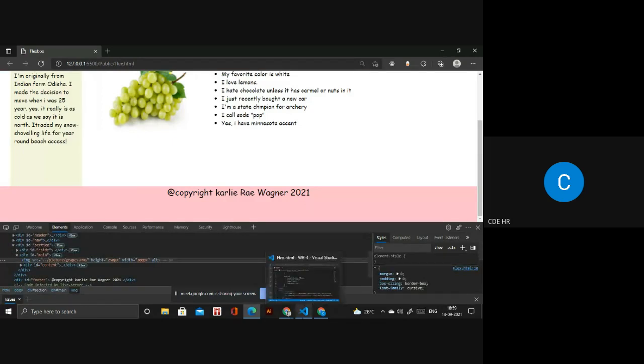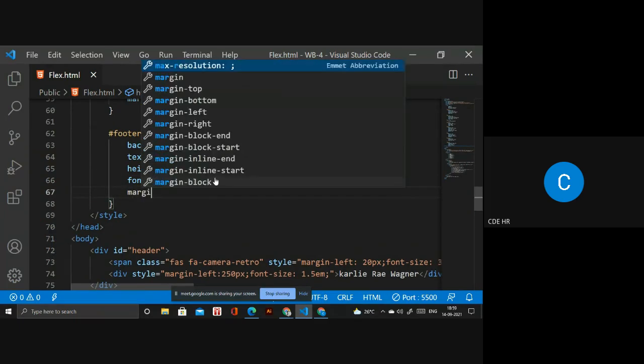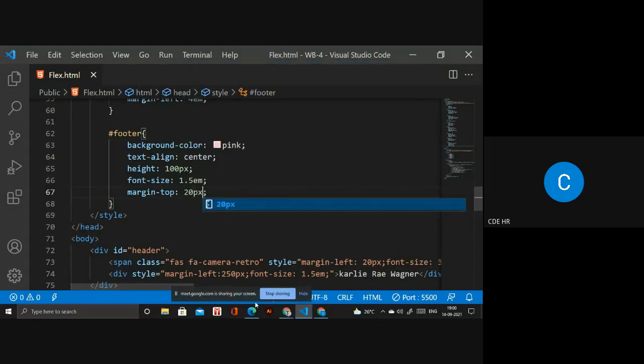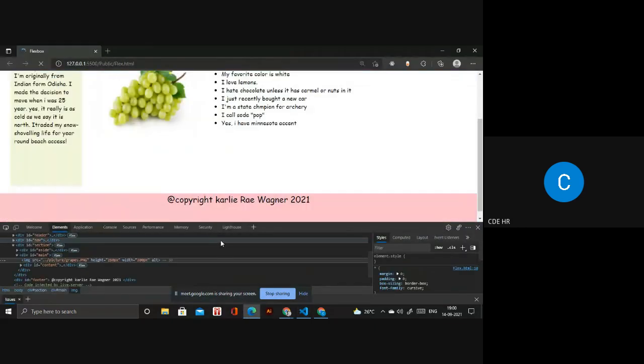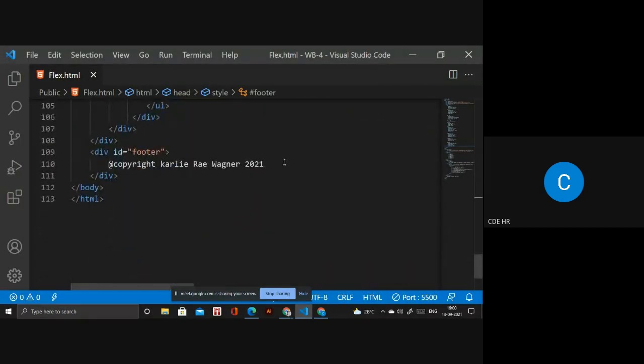But if you want to change it in between, then you have to use margin top 20 pixel. Okay, it will change these things. If you're giving that as a height on something like a span, let me show you.